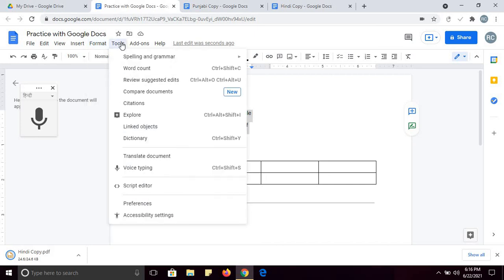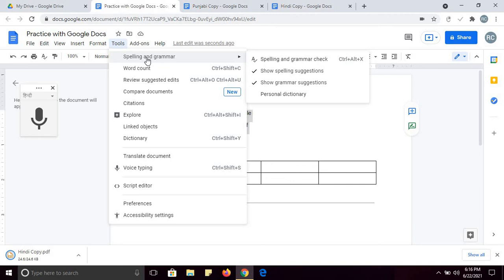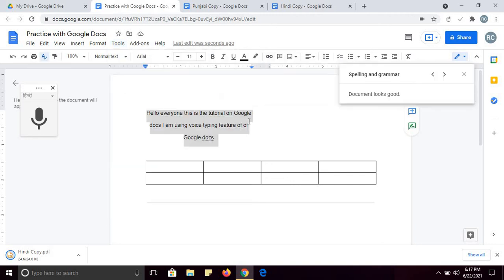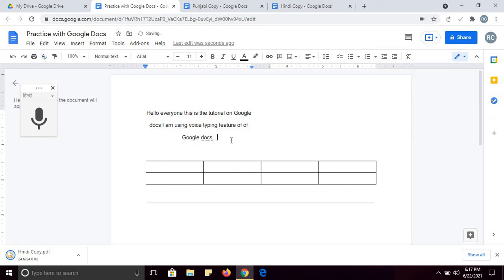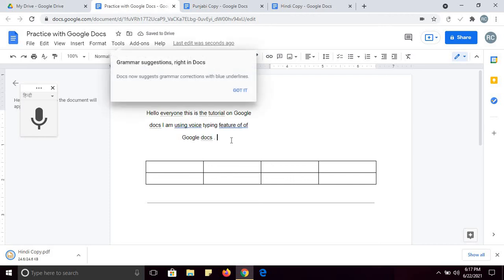And in the tools, there is spelling and grammar check. You can use this feature, spelling and grammar, and it says the document looks good, there is no typing error. For example, if I write like this, university, see, automatically it has corrected.